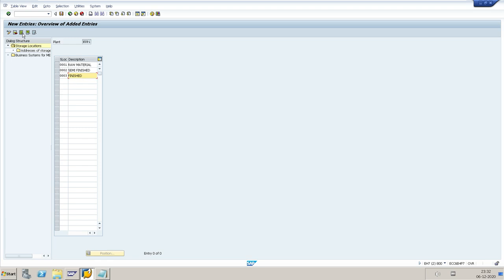So these three storage locations I will create for my plant 1.